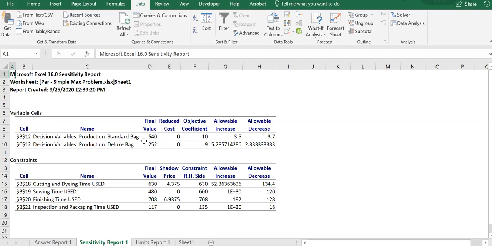The sensitivity report is usually based on two sets of parameters. The first one is the objective function coefficient. And for each decision variable, we have one objective function coefficient. So the first table is actually telling us what happens. That's the core message of the first table. What happens if